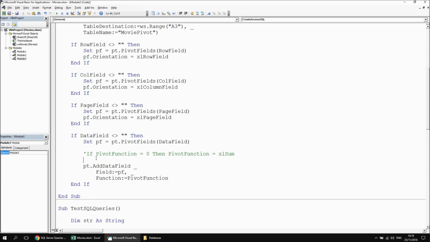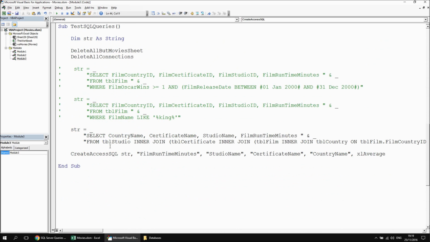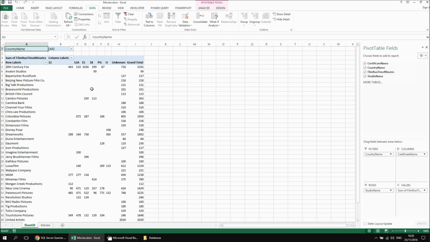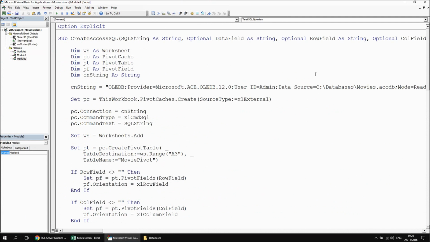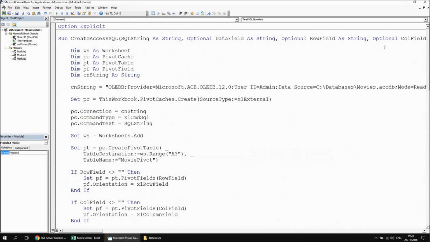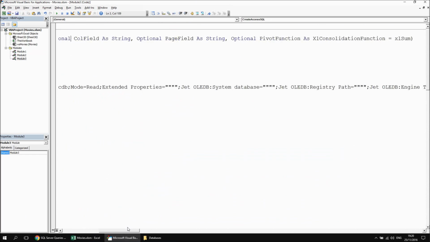If I just comment out the if statement that I've written in there first, and then head back and remove the call to the average function in there, run that subroutine one more time, I ought to find that this time I get a new subroutine which is giving me the sum of runtime minutes, because that was the default value. That would work equally well, as I say, if I go back up to the definition of the method and if I change